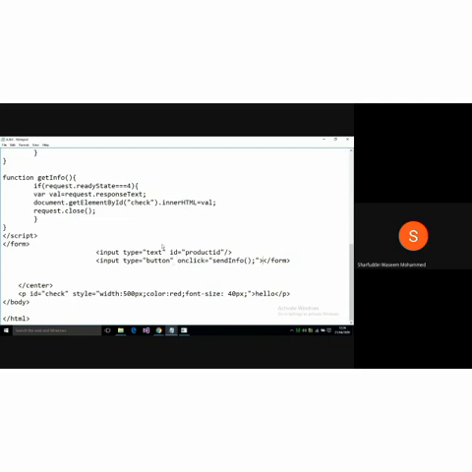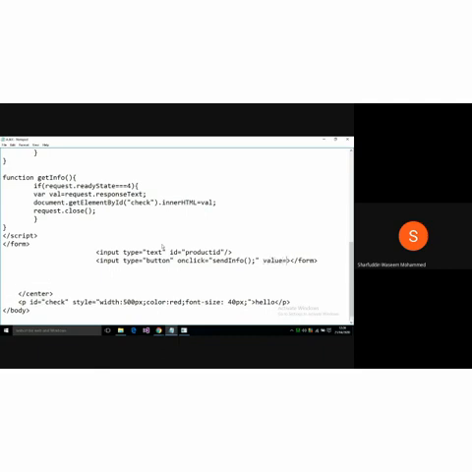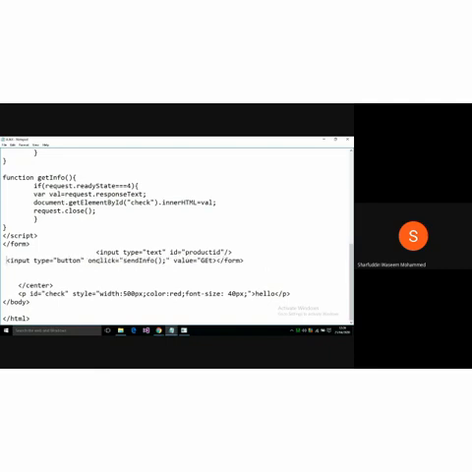So on click, I'll simply write value equal to get product.